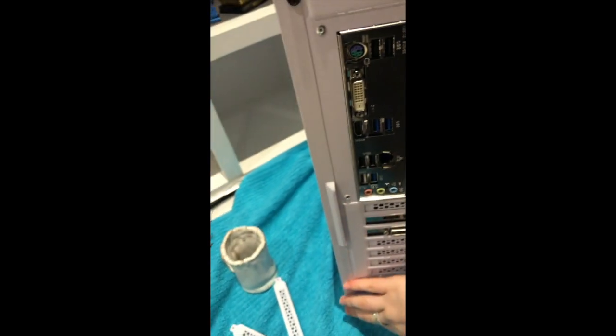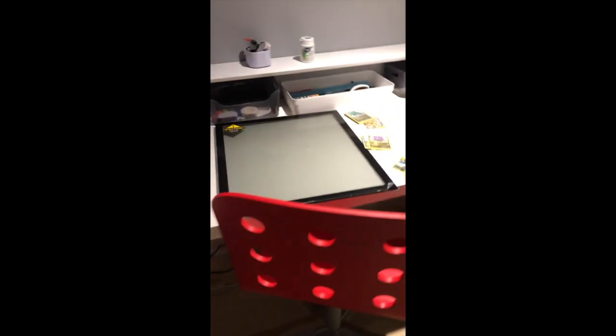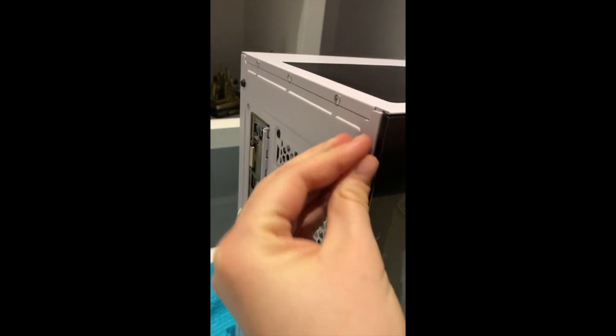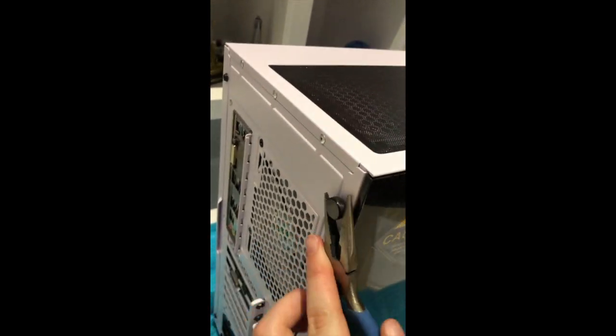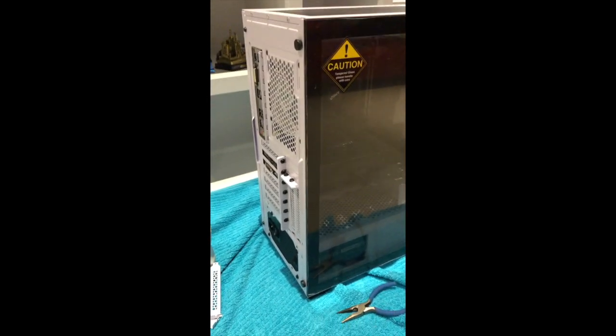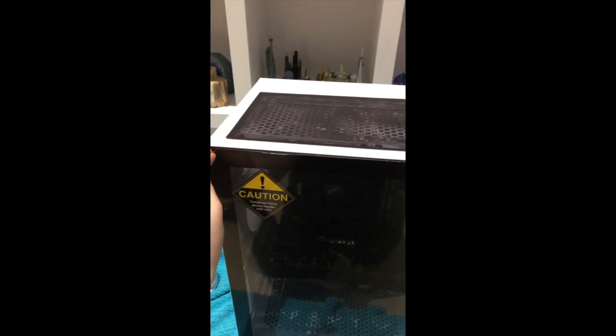And then I put the case panel back on, which just needed to be slid in, and I did these 2 little bolts. And now for the tempered glass. Just that one goes in here. All right. They were a bit hard to get in, but I got them in. And I have not taken the screen off of this tempered glass yet, so